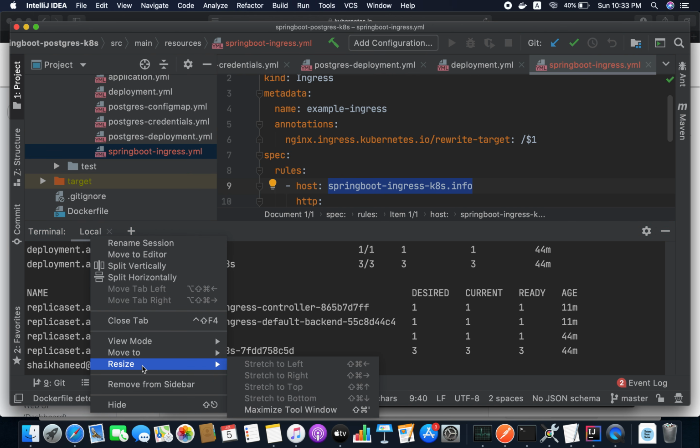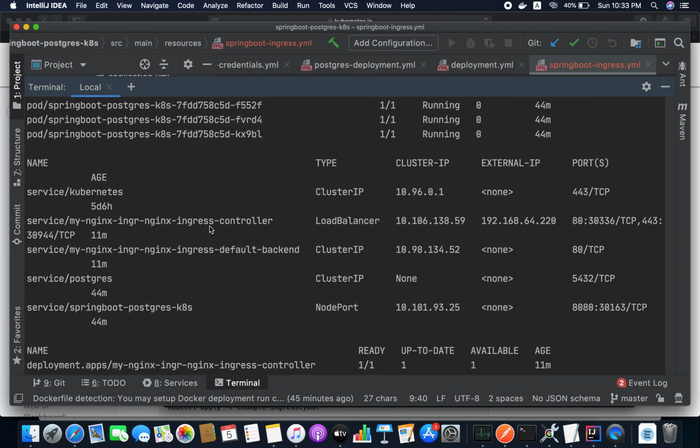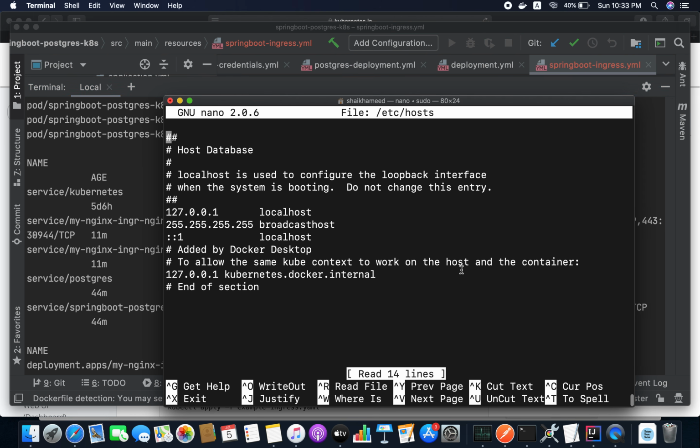Let me maximize this, guys. So this nginx ingress controller is listening on 192.168.64.220. So we have to define our IP address here. When you define your host name, we have to define your IP, that is the load balancer IP.